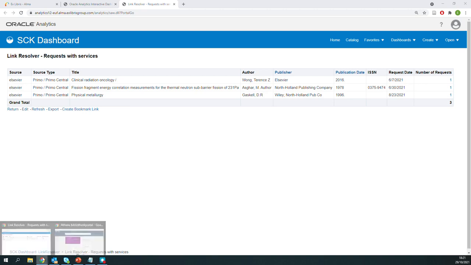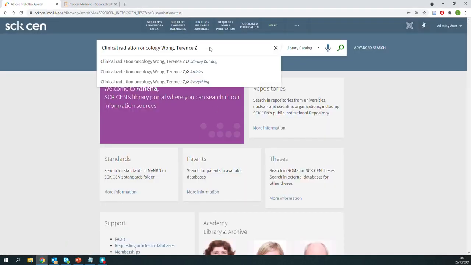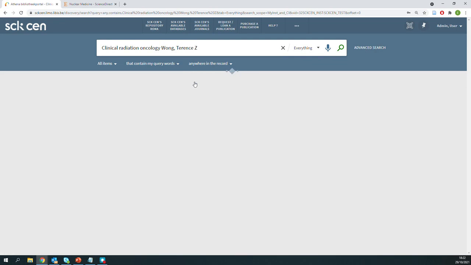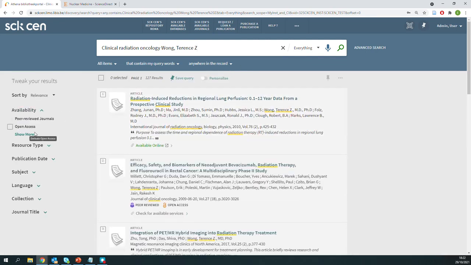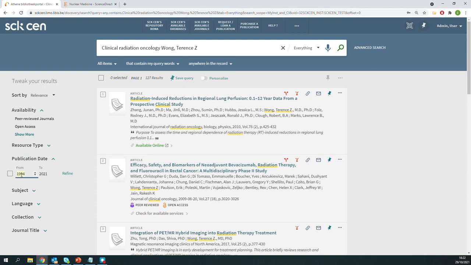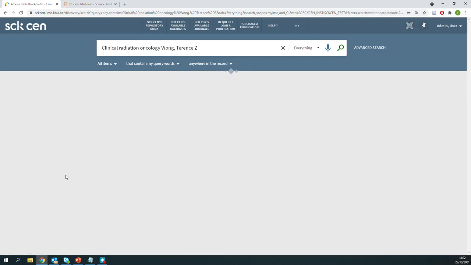What I would do as an SCK user, I would go on the Primo of SCK. Here, for the sake of time, it's already filled in the title and the author of this specific example. And I would search not in the library catalog, but in everything because I want to have all the results. Here, the results are not quite there yet, so I suggest that we refine them by date because we already know the date of publication, and this is 2016. So we refine our results,